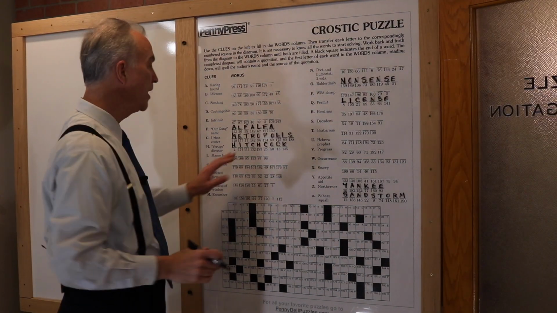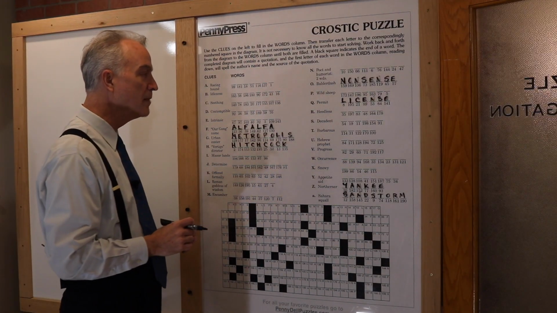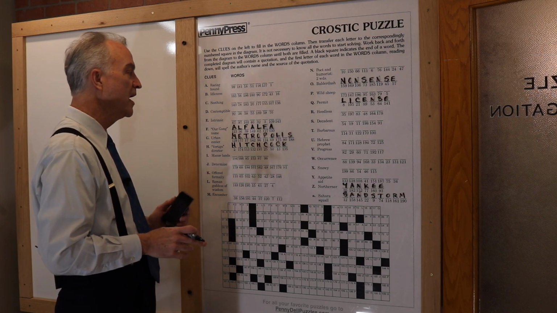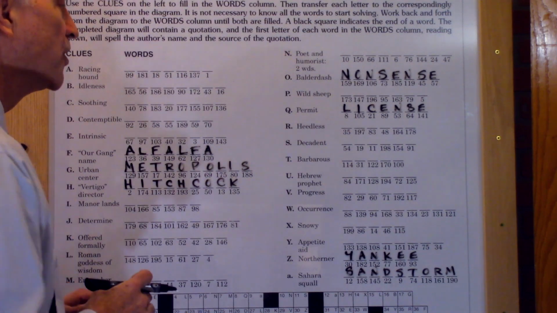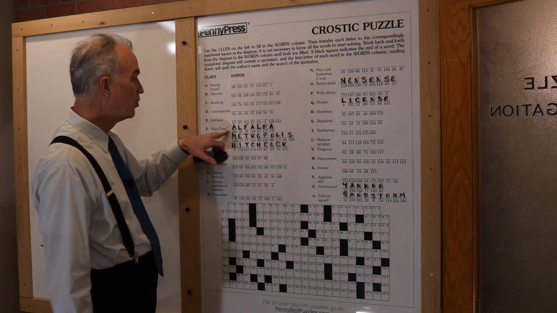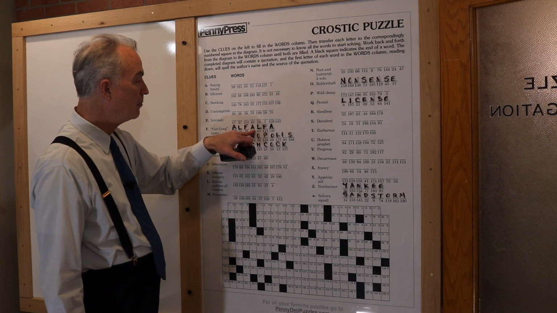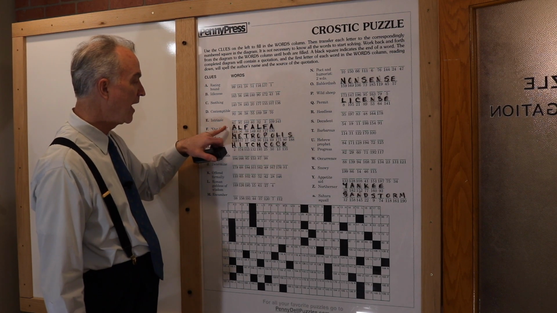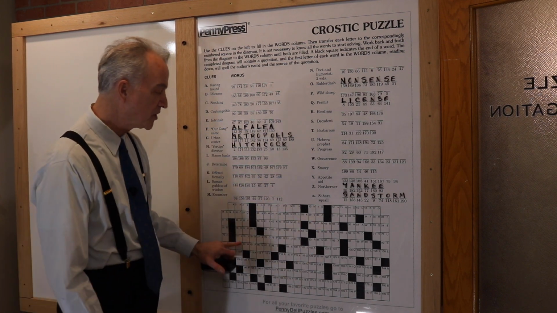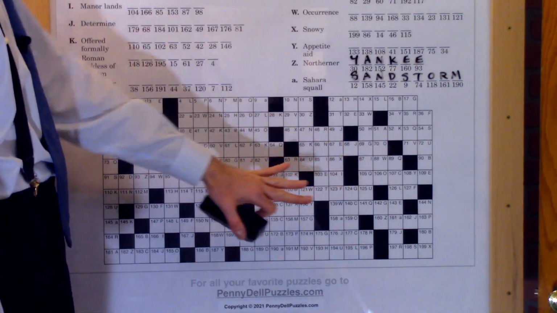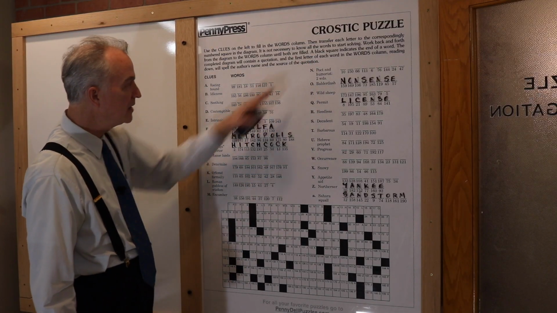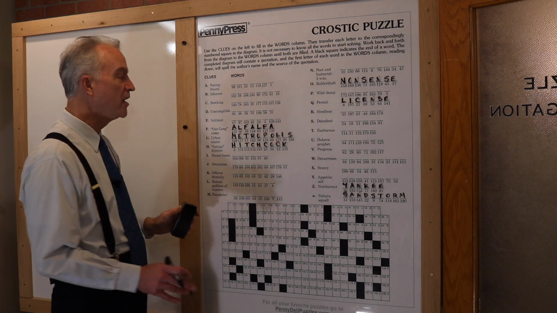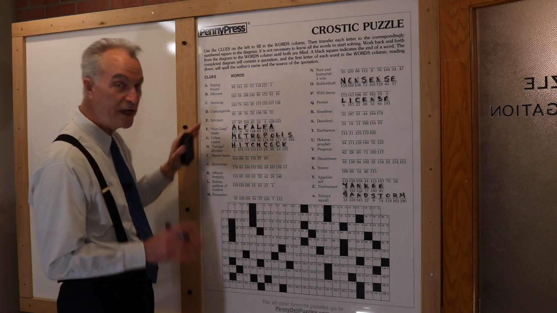Okay, well, we got 3 in the first column, 4 in the second column. That's not a bad place to start. As it says in the instructions, you won't be able to get all the words on the first pass. At this point, we take each of the numbers below the letters for the answers that we have, and we have to transfer them down into this large grid. Now, this is going to eventually be a quote, and the first letters, reading down in each one of these, is going to tell us the author and the source of the quotation,